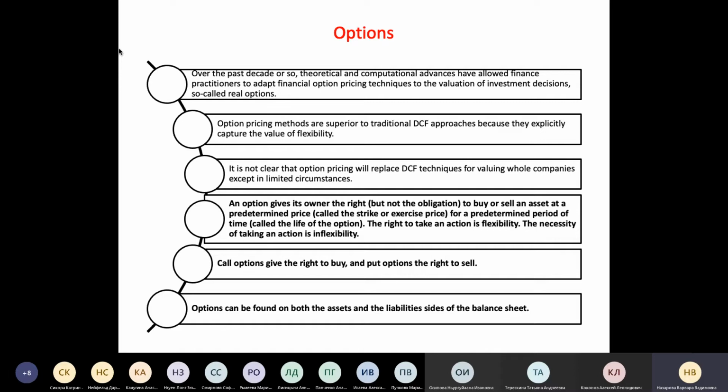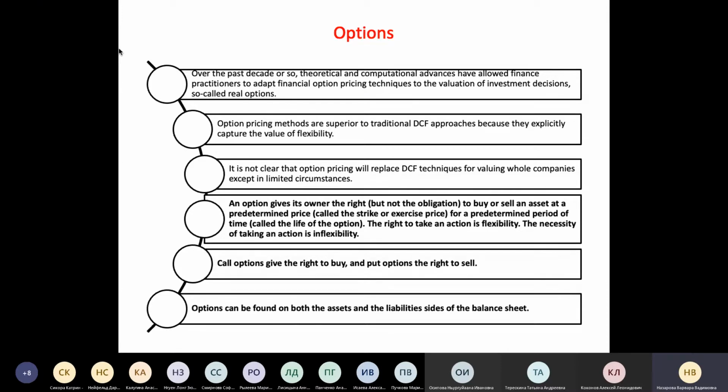And in this case, first of all, we have to find hidden opportunities in our company, such as real options. There are different definitions of our real option, but I'd like to propose to you a classical synonym for our real option, such as flexibility.